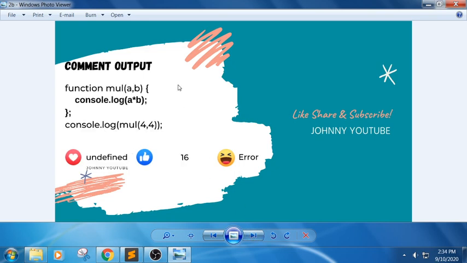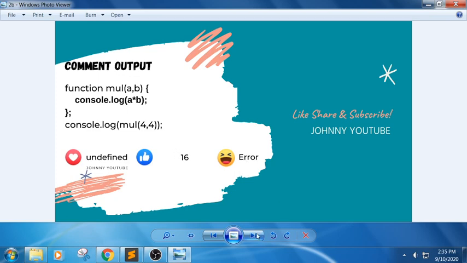Function mul a comma b, and we write console.log a star b, then console.log mul 4 comma 4. Generally, whenever we call a function directly, it will return the value 16, but when we call the function again inside console.log, it will return undefined. So the answer for this snippet, though we don't have any option here, would be 16 comma undefined.